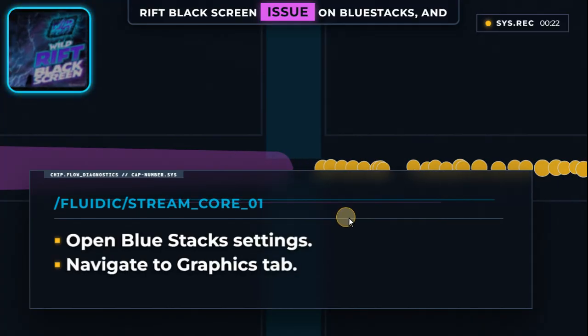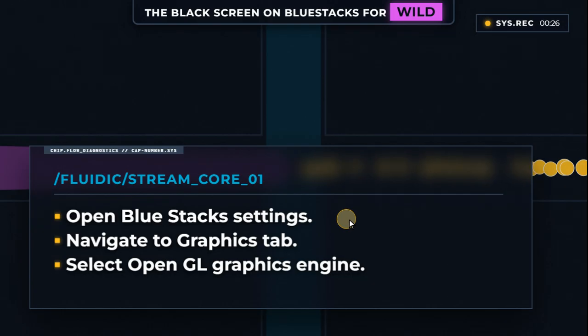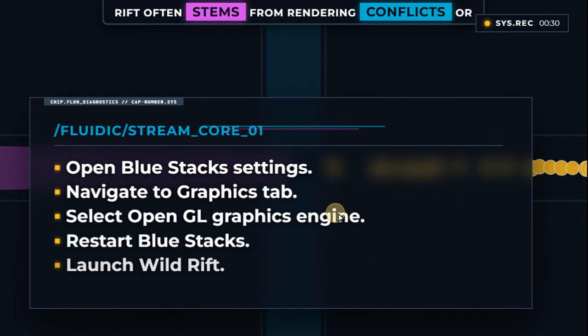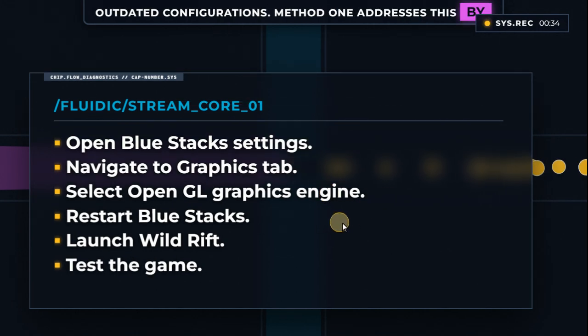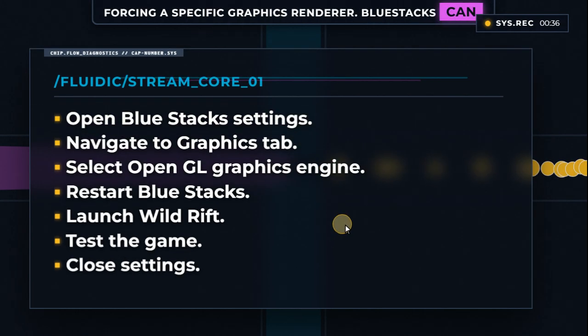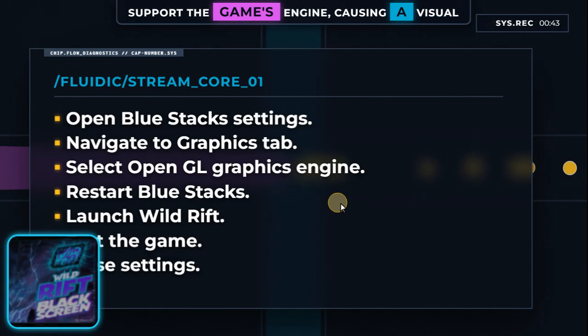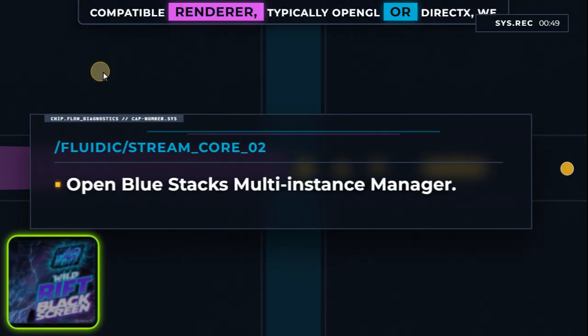The black screen on BlueStacks for Wild Rift often stems from rendering conflicts or outdated configurations. Method 1 addresses this by forcing a specific graphics renderer. BlueStacks can default to a renderer that doesn't fully support the game's engine, causing a visual output failure. By switching to a more compatible renderer, typically OpenGL or DirectX, we ensure the game's graphics pipeline can communicate correctly